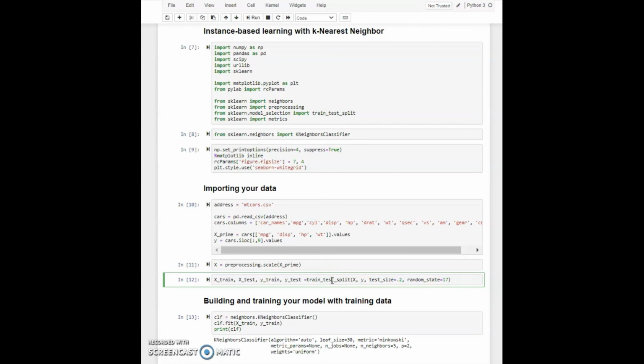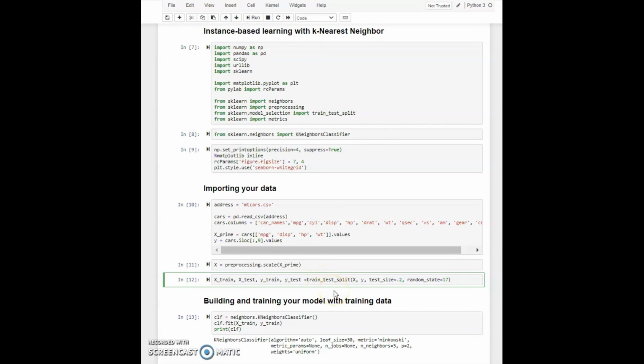Now in cell 12, I'm going to split the data into test and training sets. We'll use the training set for training the model and the test set for evaluating the model's performance. So to do this, we are going to call the train_test_split function, and then we'll pass in our data. So that's going to be the x and y, and then let's make it 20% of our overall dataset size. So we'll say that test_size is equal to 0.2. And in this demo, we'll set a random state equal to 17, so you will get the same results on your machine as I'm getting on mine.